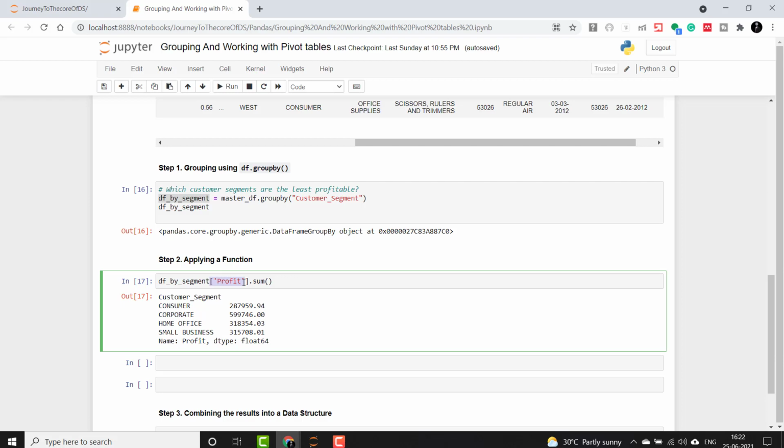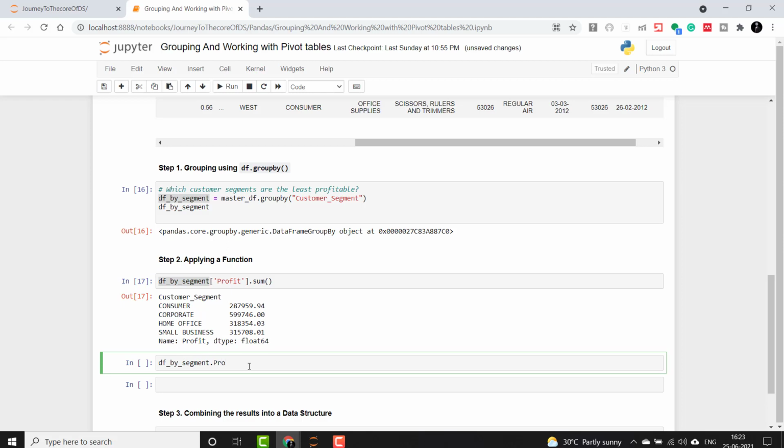The output also tells us that profits are least in the consumer segment and highest in the corporate segment. For better readability, we may also want to sort the summarized series, so let me check that.